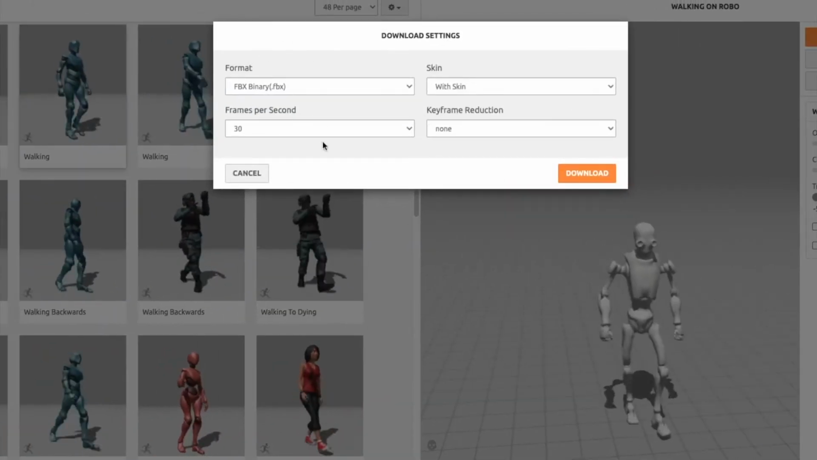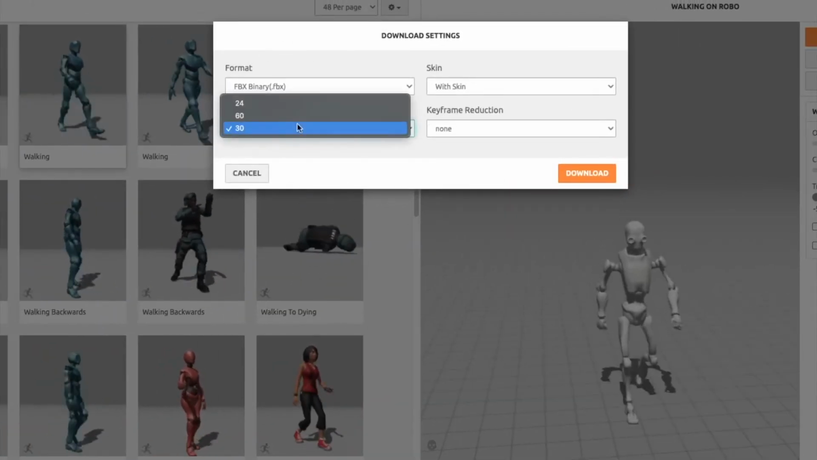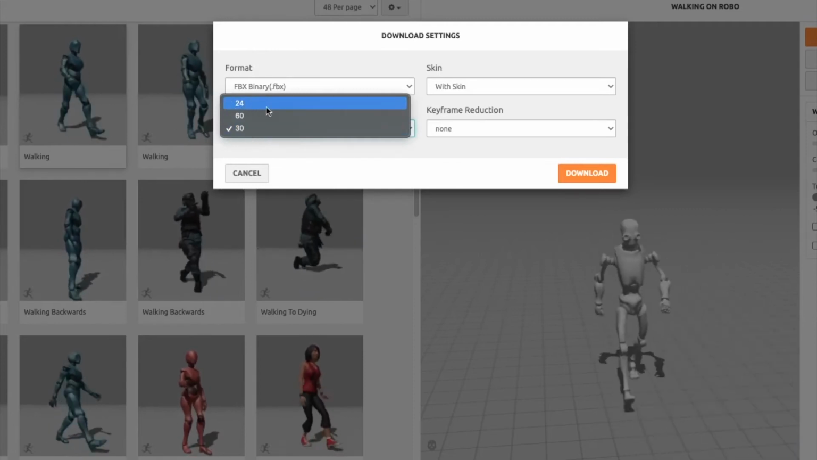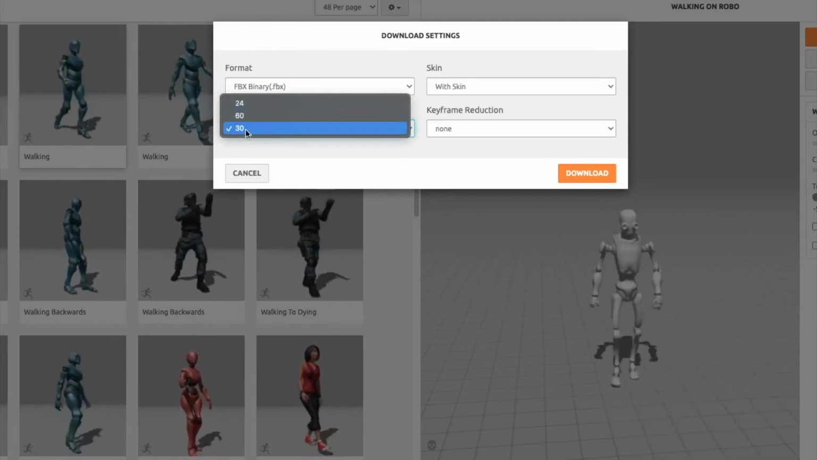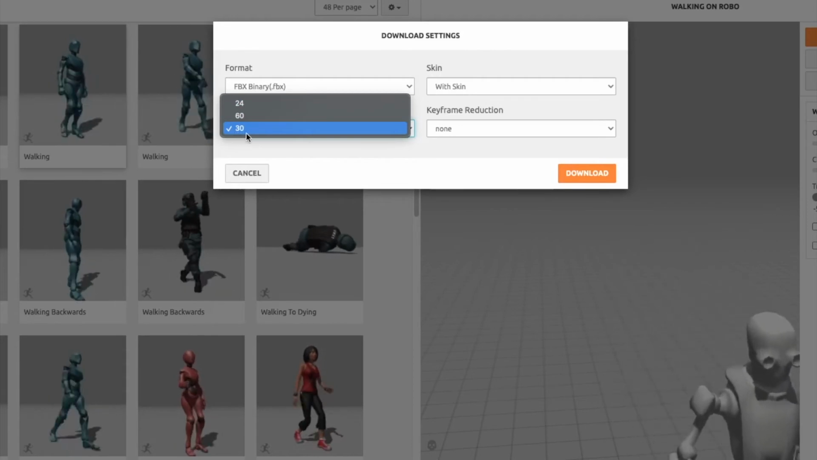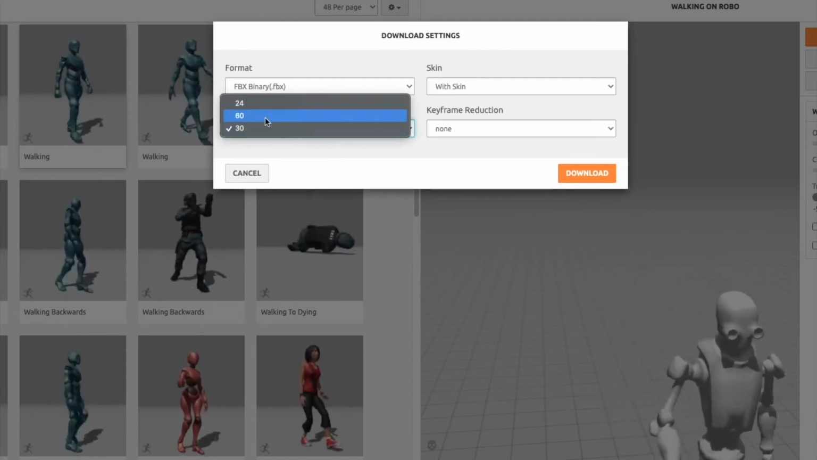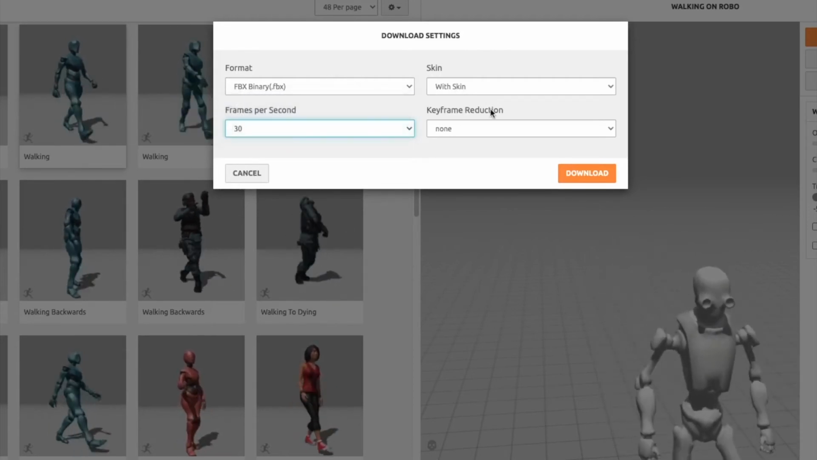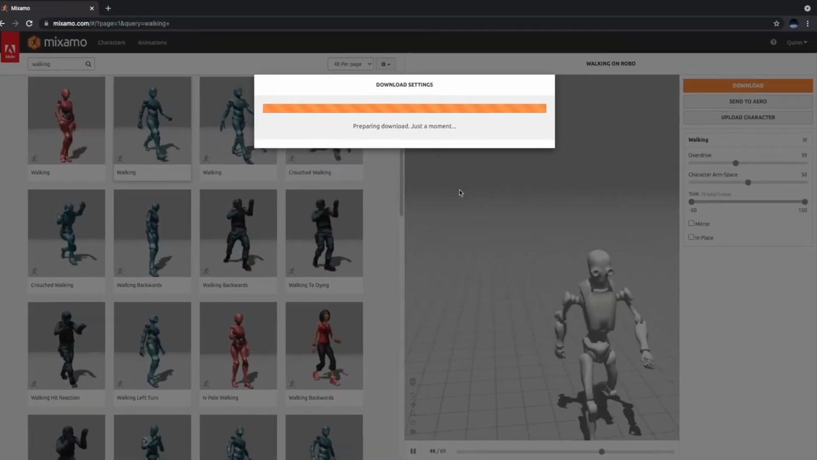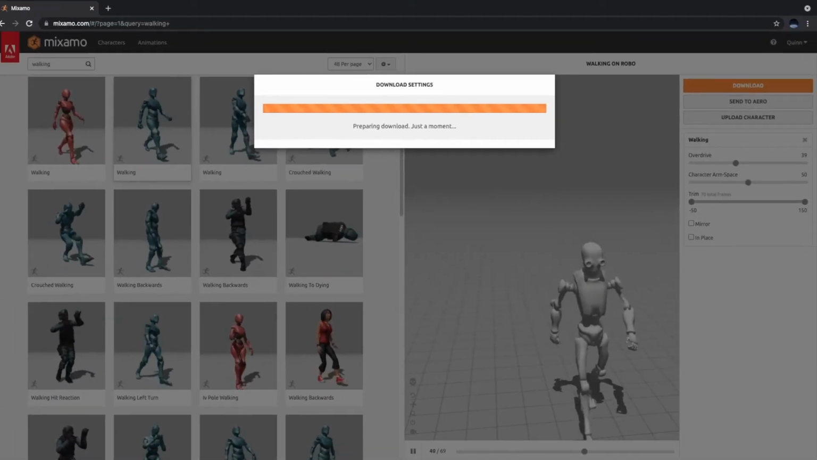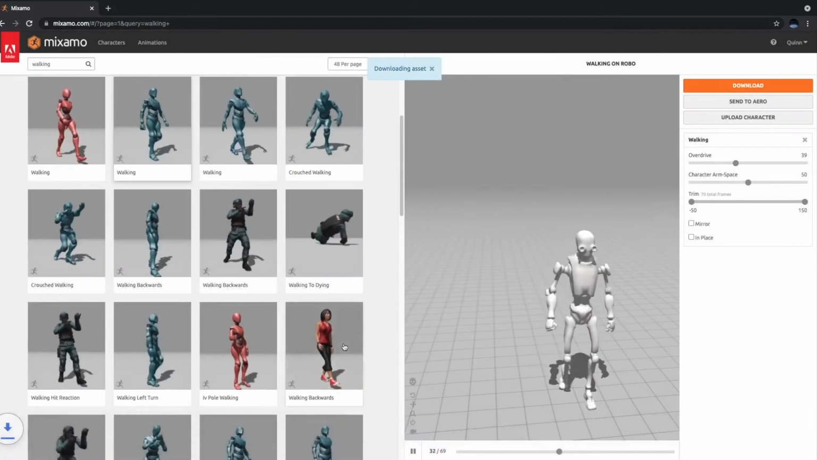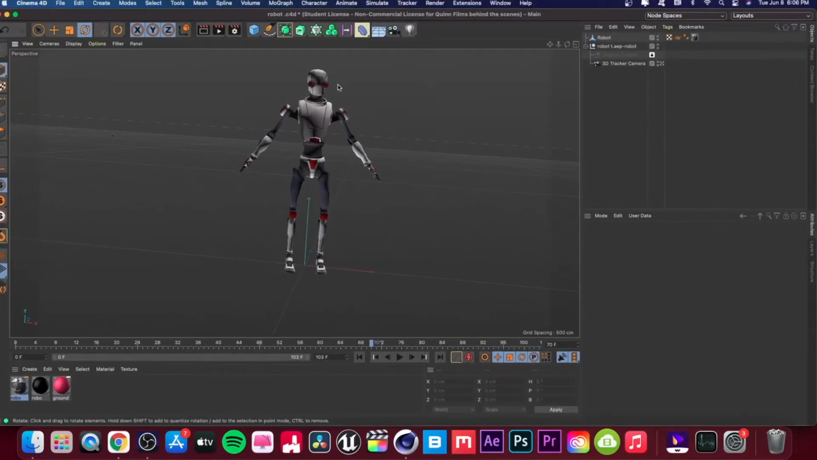And we can just leave this how it is. 30 frames per second is pretty good. You can choose 24, but I think that's a little bit too choppy. I've tried downloading in 24, it just doesn't really look as good, and 60 is way too overflowed. So yeah, you're just going to download this as is. That'll take a little minute. And then if we head back into Cinema 4D, we can just bring in that animation that we got and